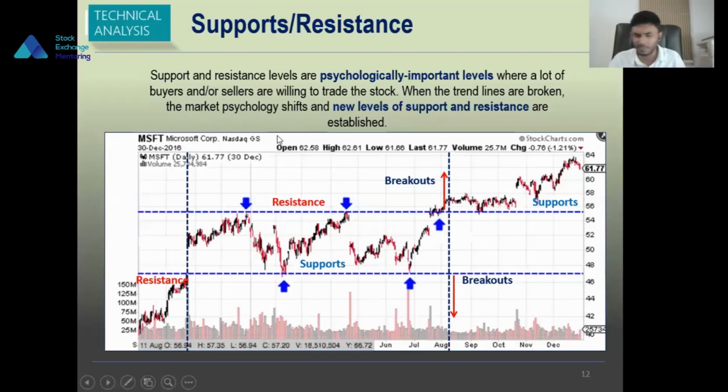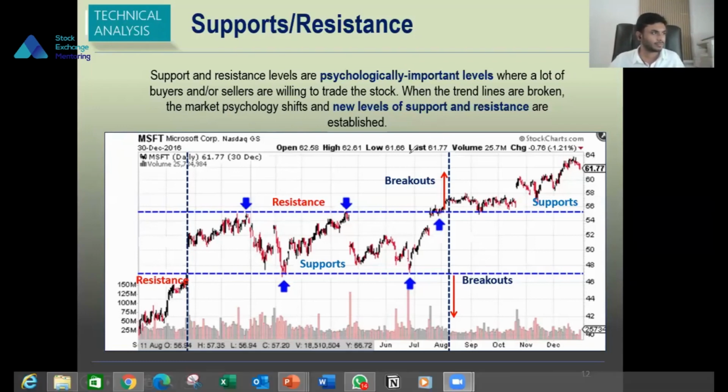The main thing we have to understand is, I have taken this example, Microsoft. You can see there is some resistance for this particular stock. Whenever it reaches the 55 level, it goes back down, and there is support for this stock at the price level of 45. Then again it goes to 55 levels, and again there is some resistance. Can you see the previous 55 resistance? Whenever it touches that same level, the stock reacts and goes further down to the same previous level of 45.